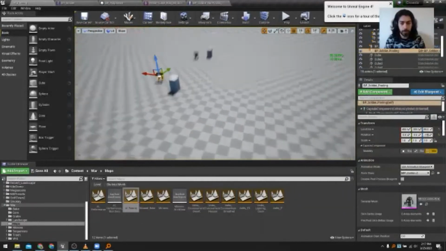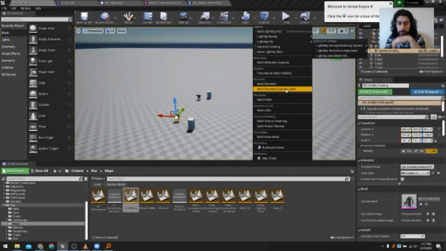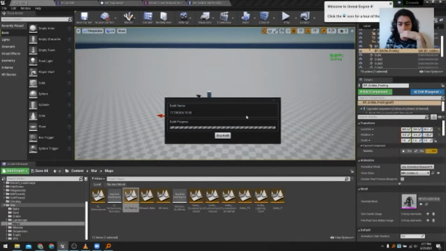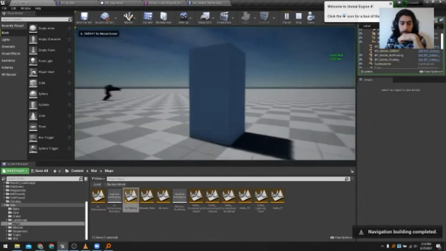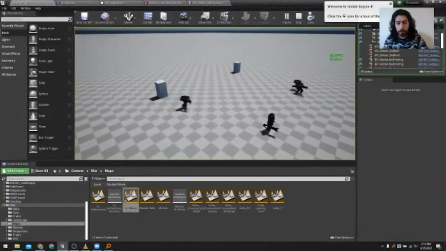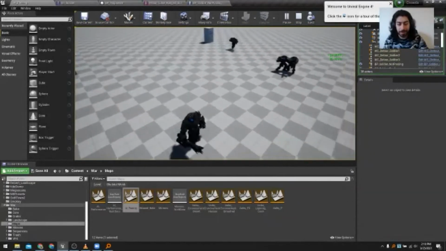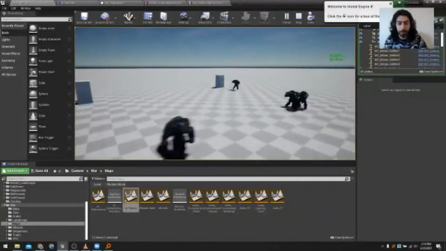Let me add some navigation here. Build paths. Okay, now when I hit play, we have two AIs that are running. And once they get there, they're dying. Now they're supposed to be simulating physics, but we disabled that in the previous example.